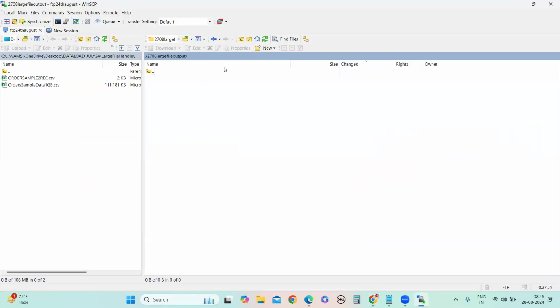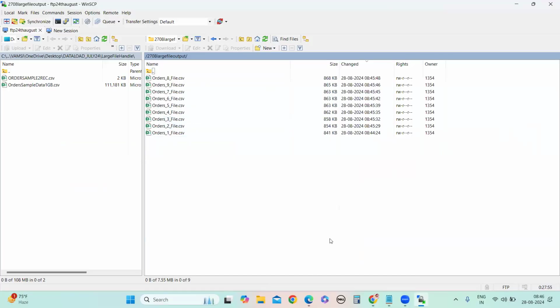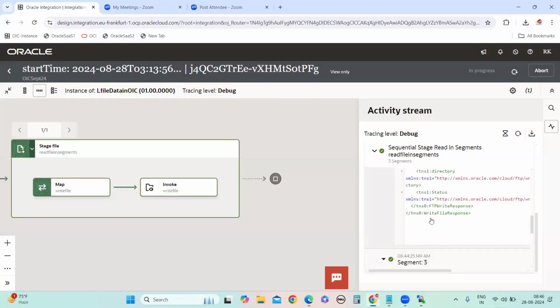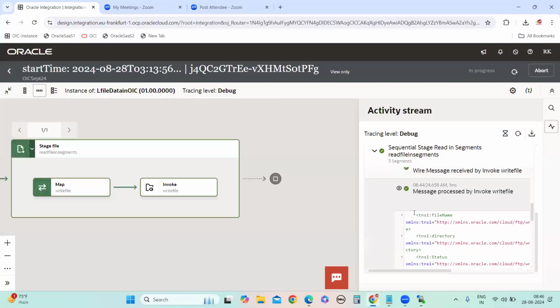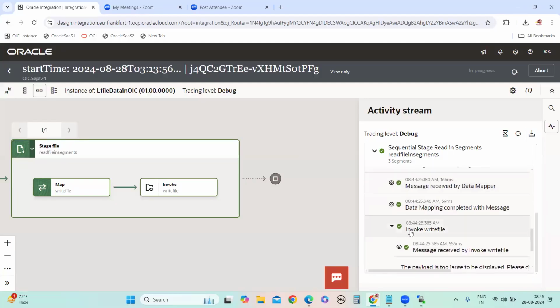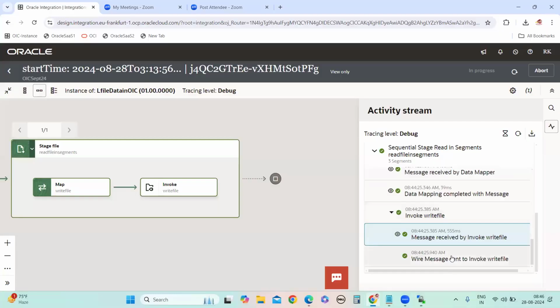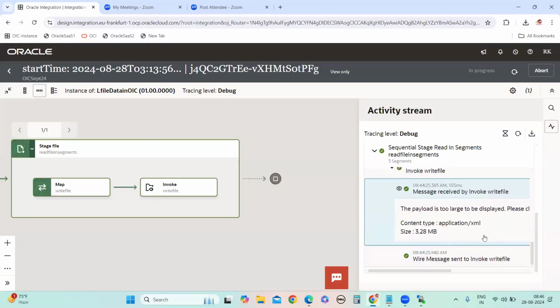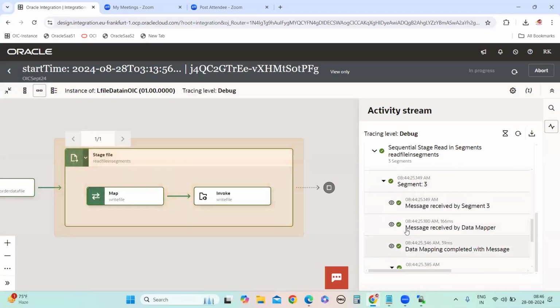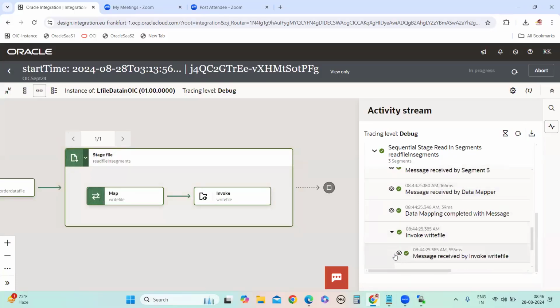Okay. Refresh. Order 1, 2, 3. But I don't know why it is showing as 2 there. But it is coming perfectly only. Let's check in the segment 3.